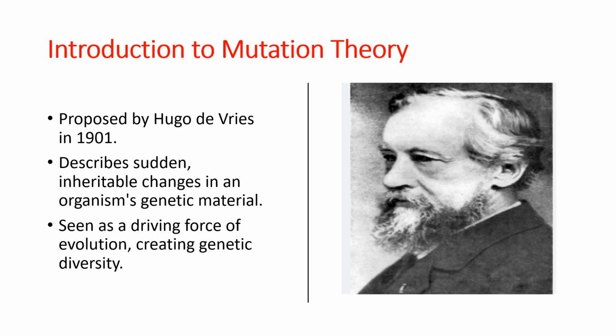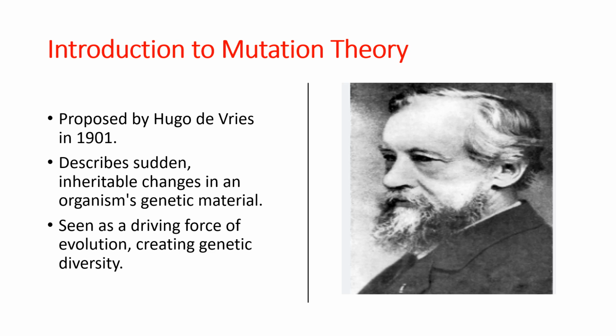Okay, so as I was talking about mutation theory, before diving into the proper theory portion, it is very important for us to understand the history of mutation. Mutation theory was introduced by a Dutch botanist named Hugo de Vries in 1901. He observed sudden inheritable changes in organisms that seemed to appear out of nowhere. He called these changes mutations, and he proposed that mutations were responsible for creating new traits that could be passed down to future generations.